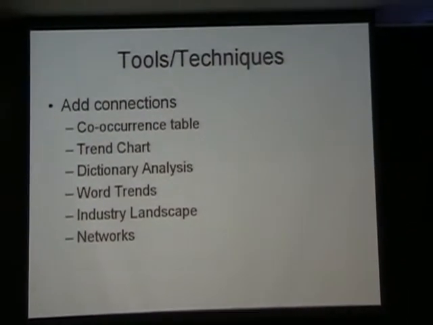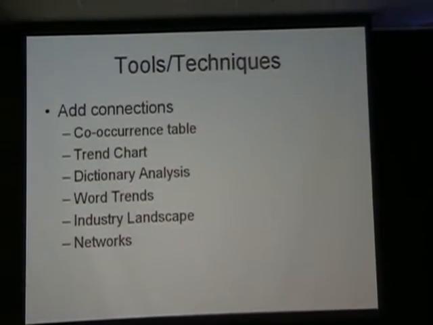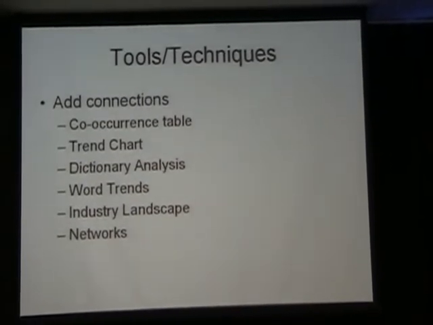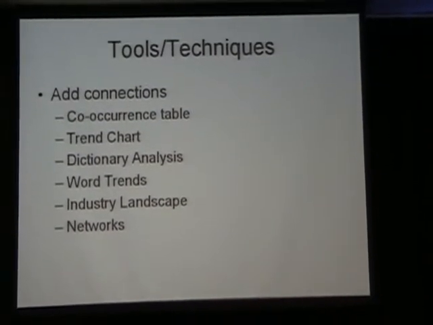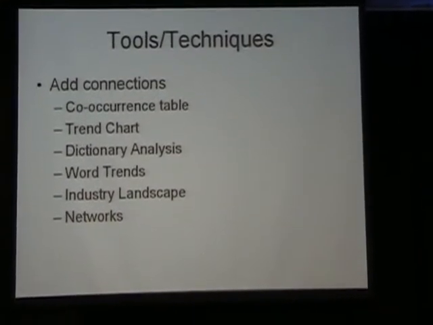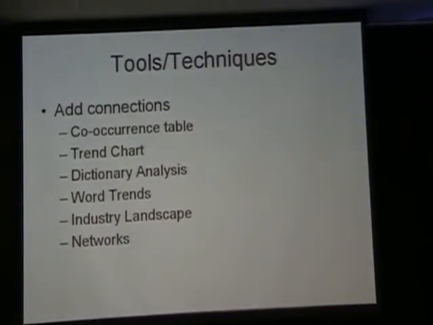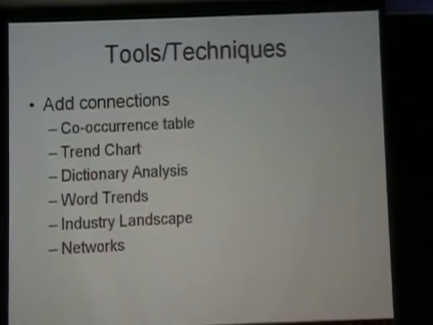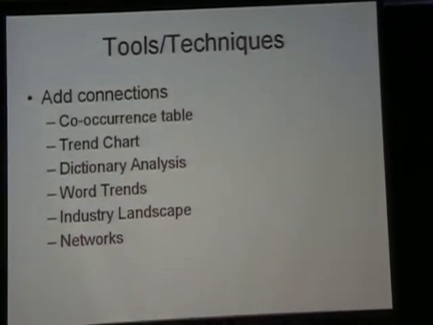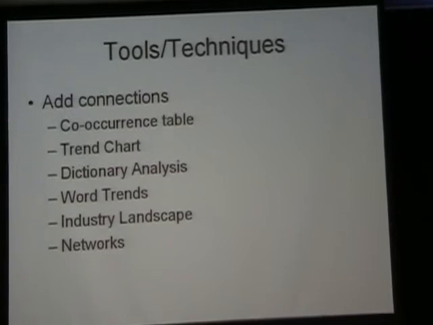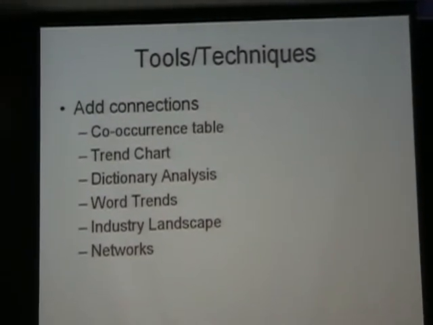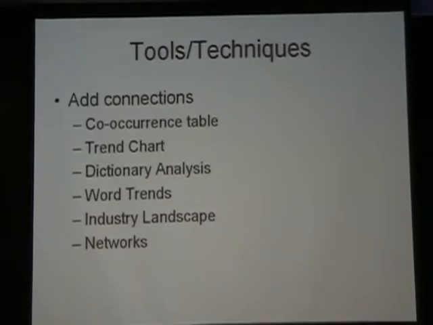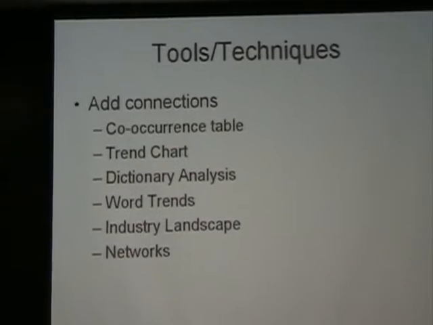Finally, add connections allows you to take the taxonomies you've generated and find ways to understand what's interesting about them. The co-occurrence table is a popular technique to look at two taxonomies at once. Trending lets you look at time over taxonomies. Dictionary analysis lets you take taxonomies and look at them across all the different text content you have at a deep level. Industry landscapes lets you look at the entire field of an industry, looking at companies across the different taxonomies. And network relationships are a good way to look at connections across many individuals or people in a network